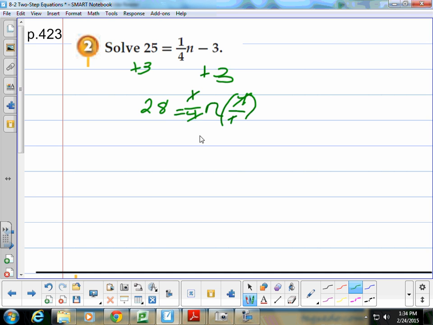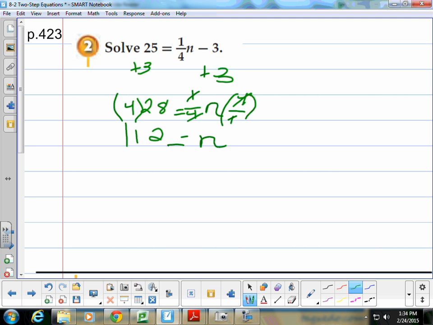So we just have a single 1n left, which is what we want. So we do the same thing over here, multiply by 4 over 1, or just 4. And when we do that, you're going to do 28 times 4. Say you don't have a calculator, you can do 8 times 4 is 32, and 20 times 4, which is 80. Add those together for 112